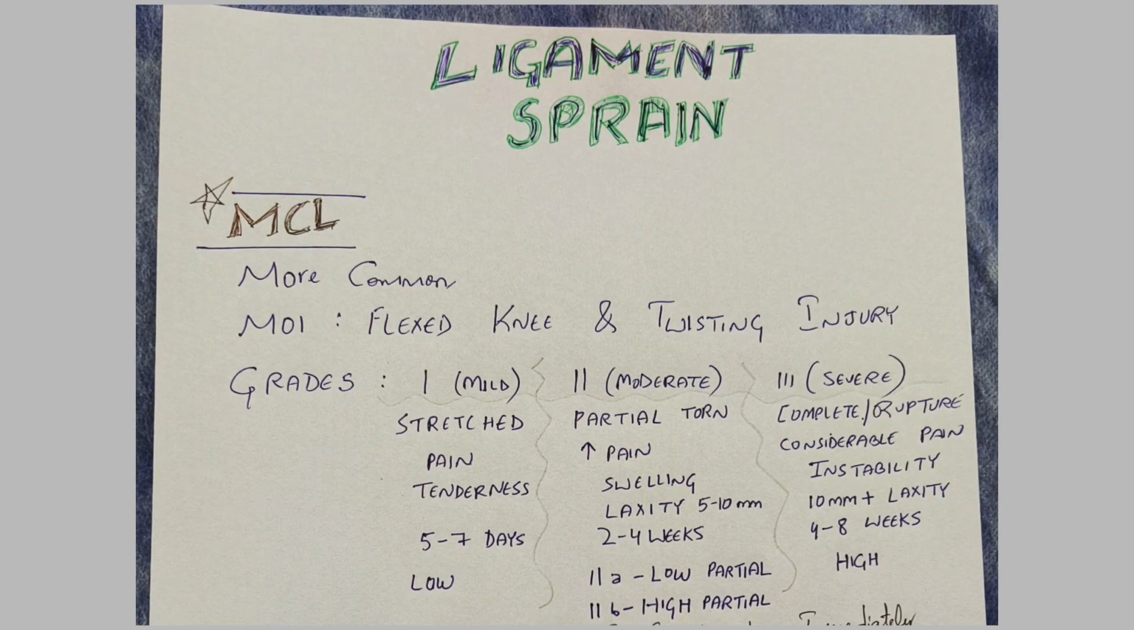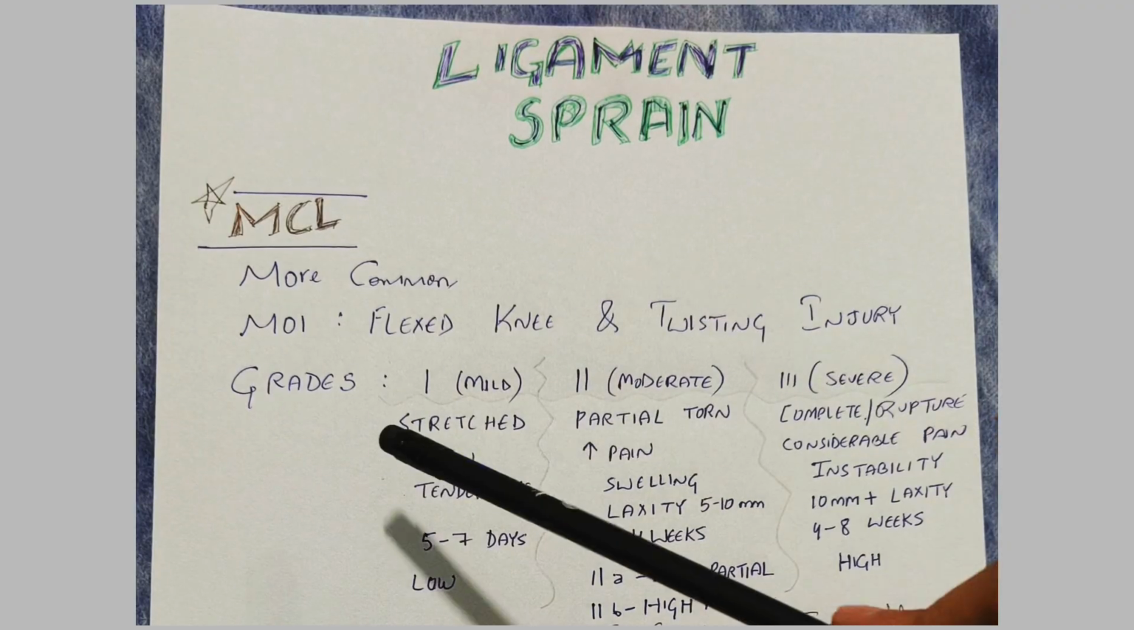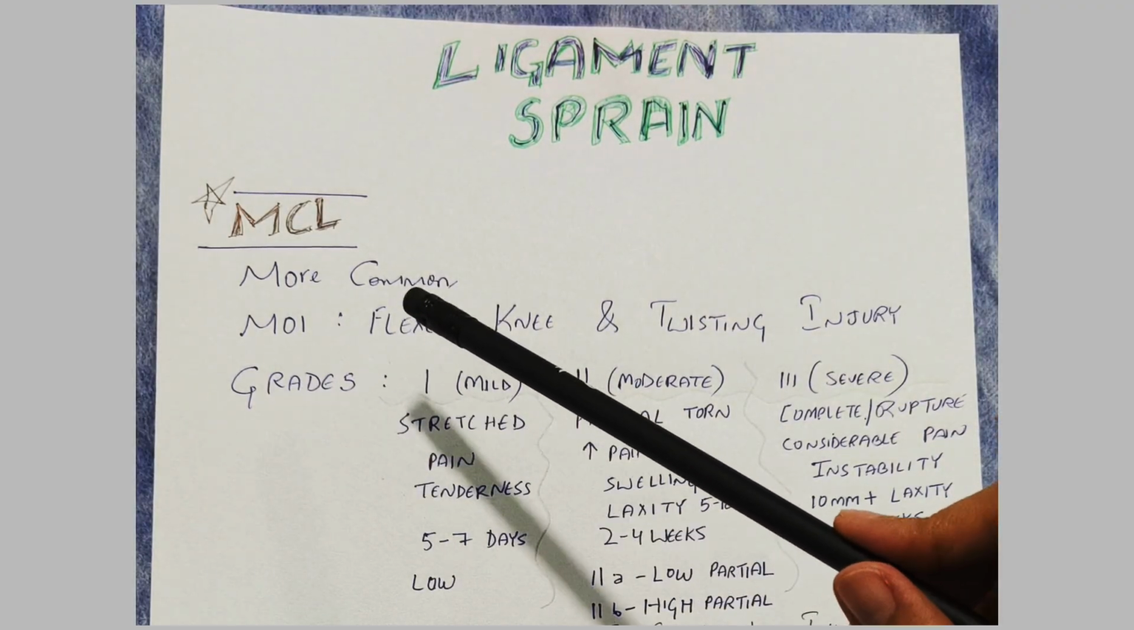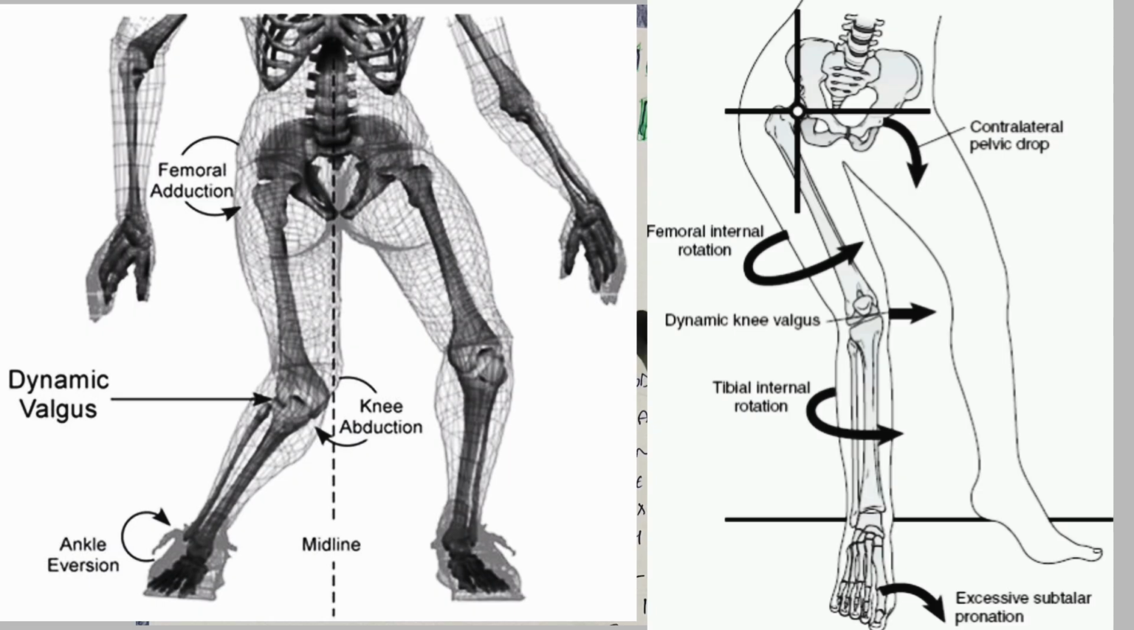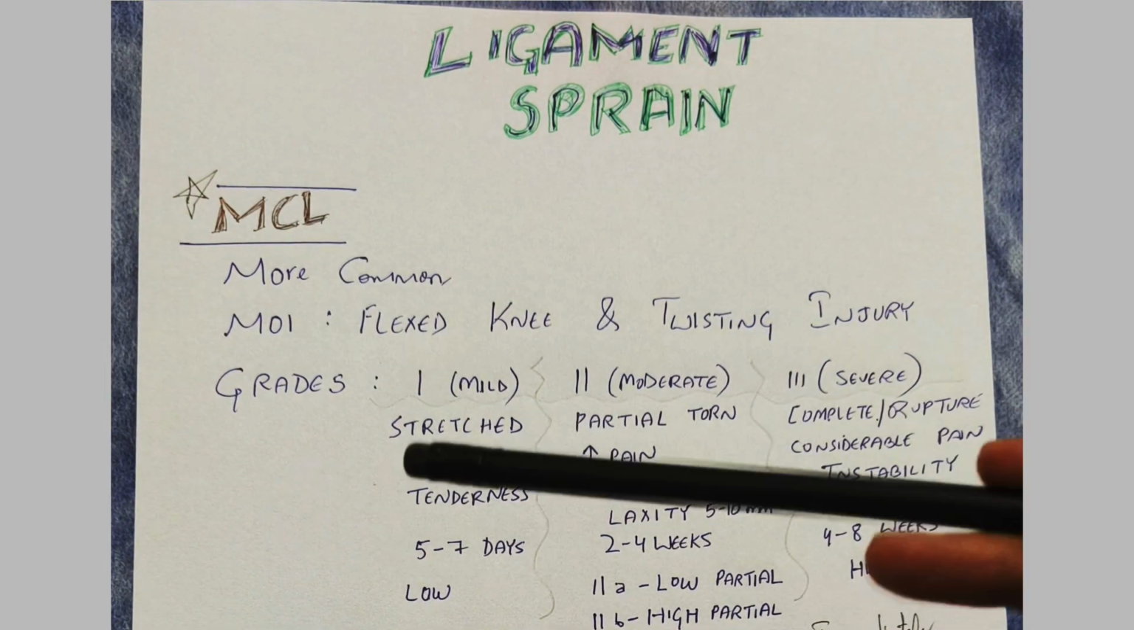Talking about the ligament sprains, the medial collateral ligament is the most common to be injured. We have seen a mechanism of injury wherein there is a flexed knee and a twisting of the knee happening. For example, in terms of low level trauma, we can see